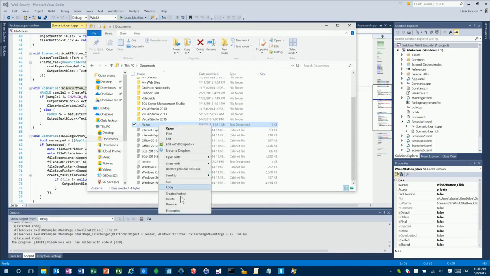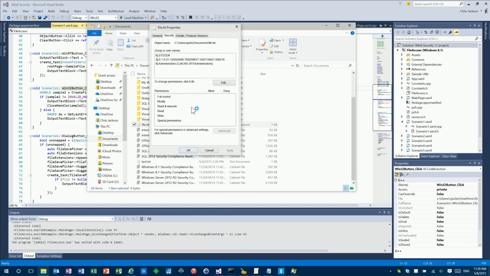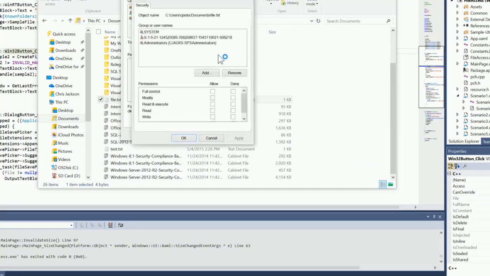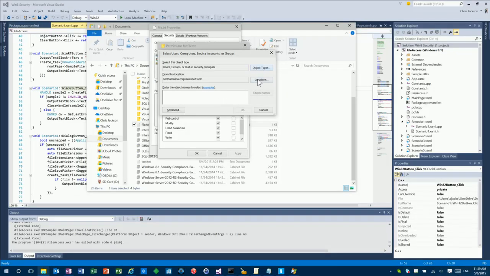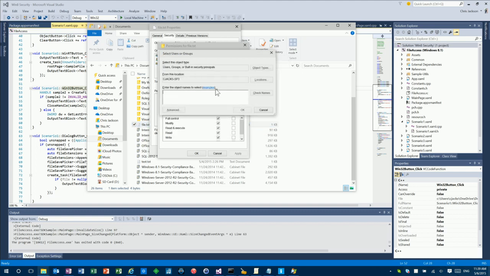So if I go into this file and go into the security tab, go ahead and zoom in on this, make it easier to see, I can edit the security tab for it, and I can add, there we go. And I'm going to pull it from the local machine, which means we get to wait for it to ask the network, hey, what other objects might you want? Let's go ahead and make you wait because I'd hate to have some really fast and easy way to get to local. Off of this device,